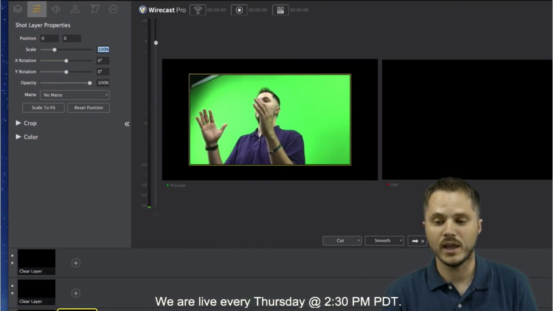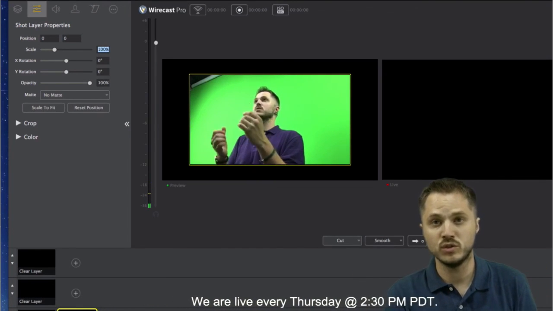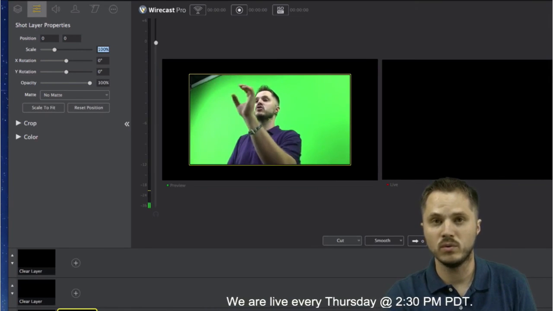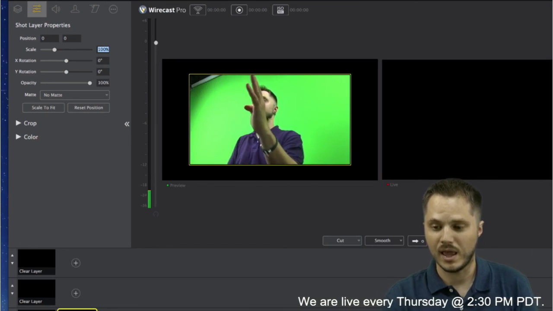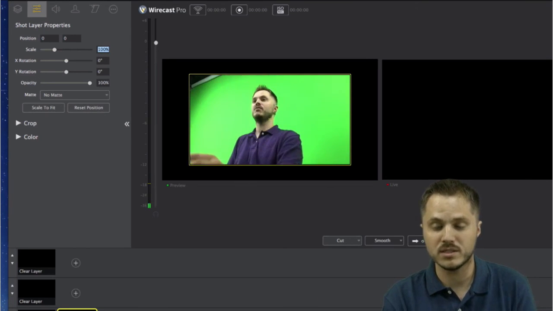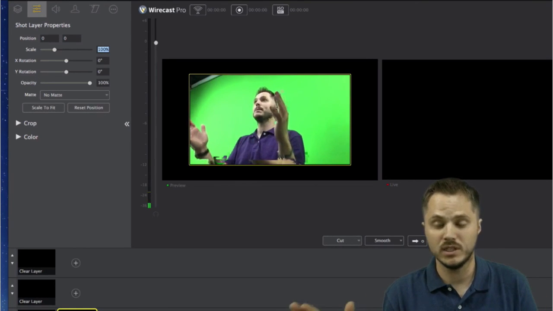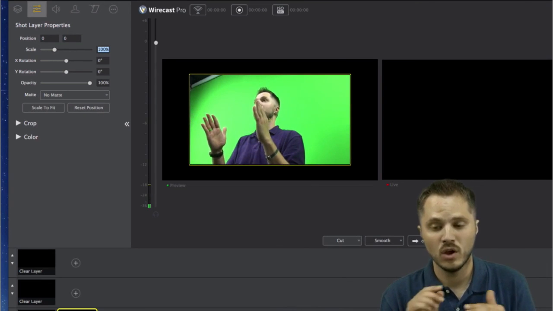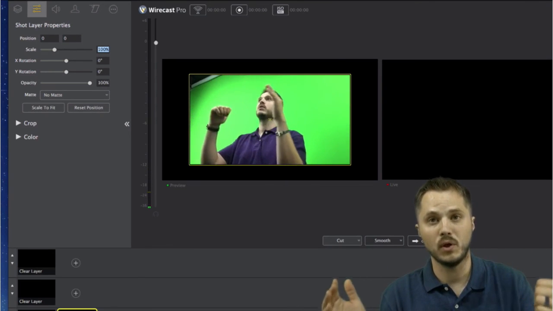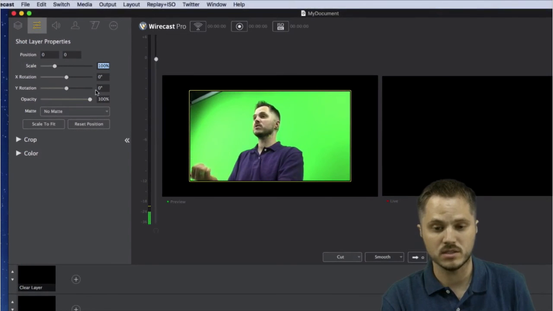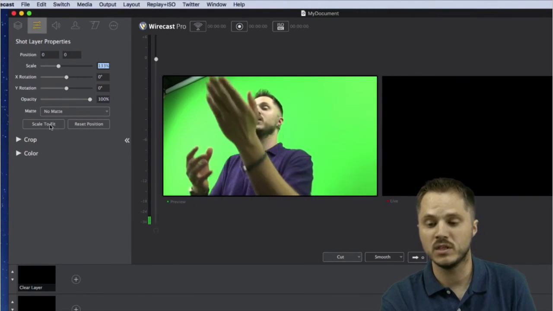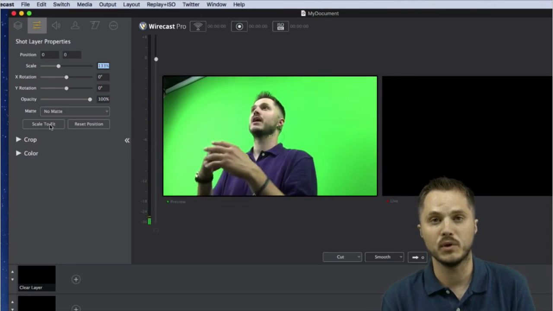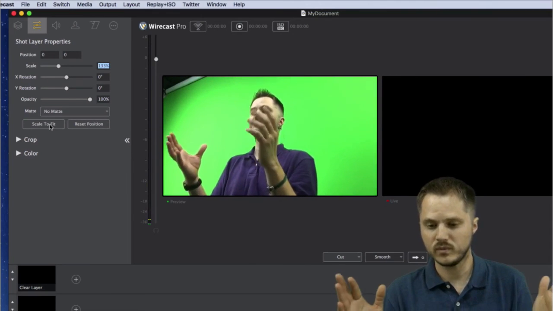So Wirecast will recognize sources that are too small, and show you by bringing them in at their full size, 100%, that if you want this to fit the full screen, you either need to lower your canvas size to match, or blow up your source size to fit. In which case you'd be losing some quality because you're scaling up, you're blowing up the resolution.